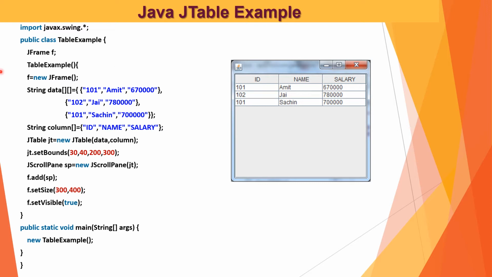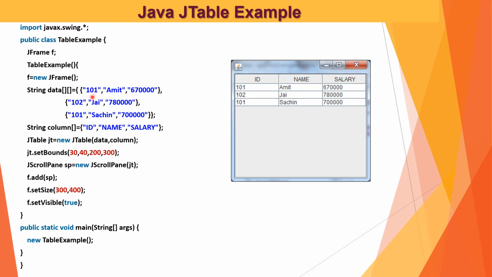This TableExample will contain a new JFrame, and that will contain some string data. The string data may contain numeric as well as character data, like double and float also. This string data specifies a two-dimensional array, like matrices.